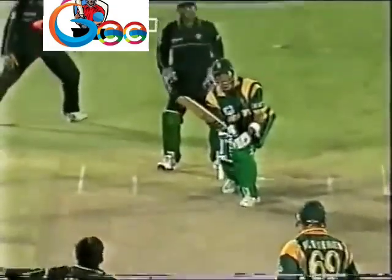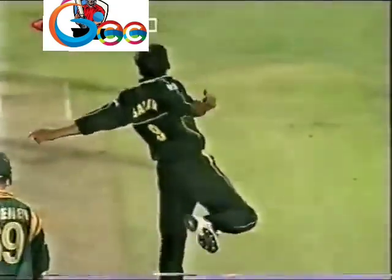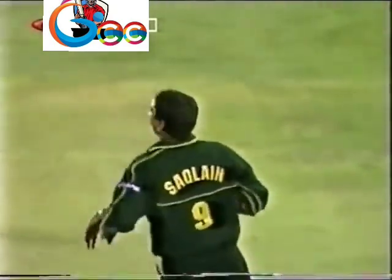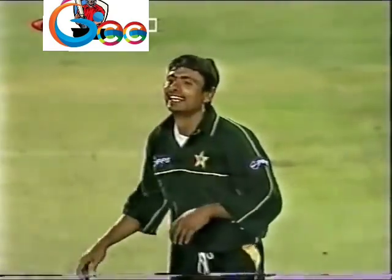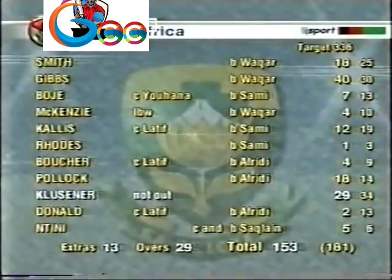Oh, look, to me that was a bump ball. It looked as though it could have been a bump ball. And he walked. Well, perhaps we've got to give McKenzie out retired. So this really, to me, sets up the series enormously well. The South African score sheet,